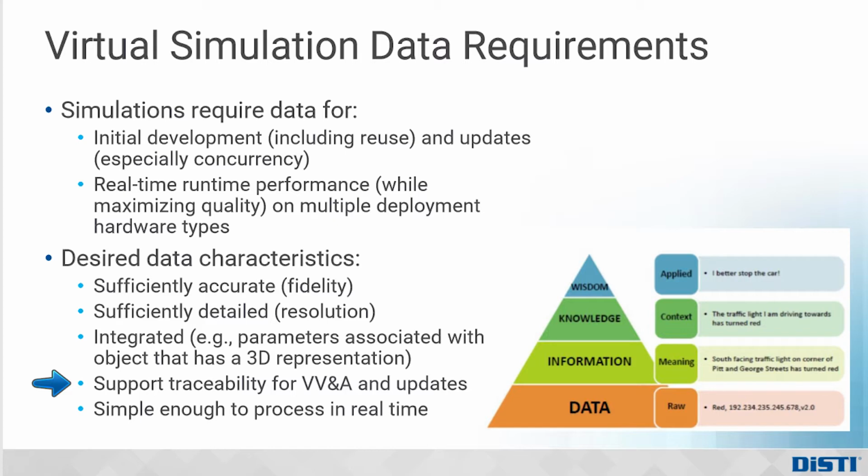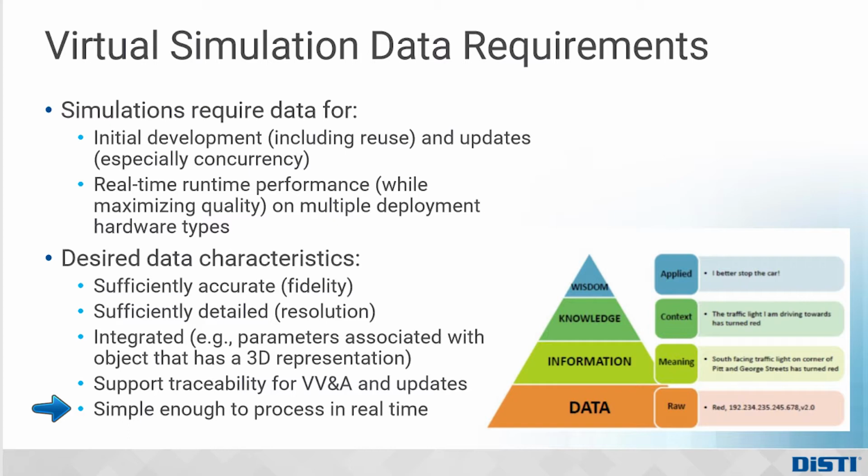And as I mentioned with concurrency, you also want to be able to update the application easily, so that traceability is important. If you want to know if the throttle changed on your aircraft, what does that affect in your application? So if you have that traceability, you're able to figure that out and focus in on what you need to update. You also need, for these applications, the data to be simple enough to run in real